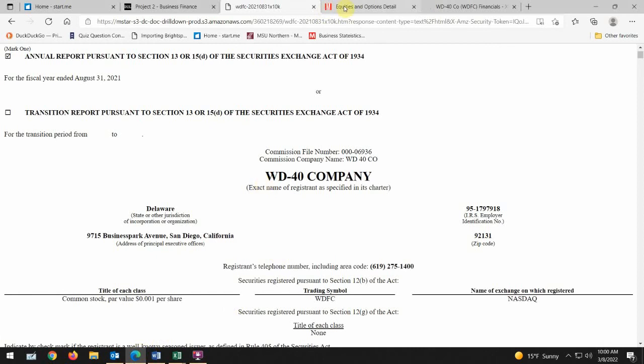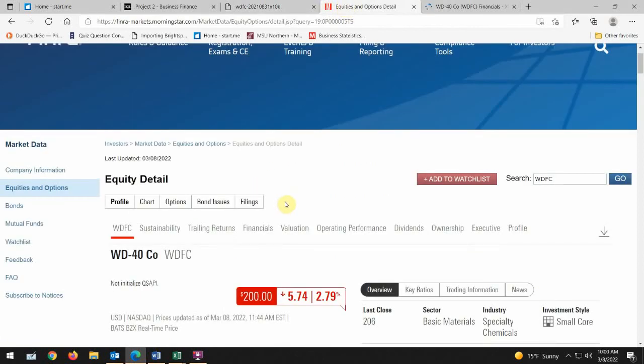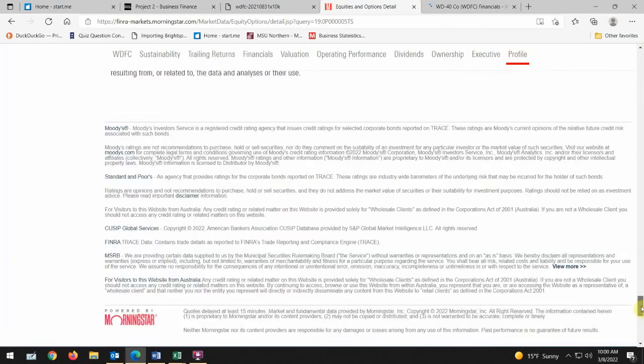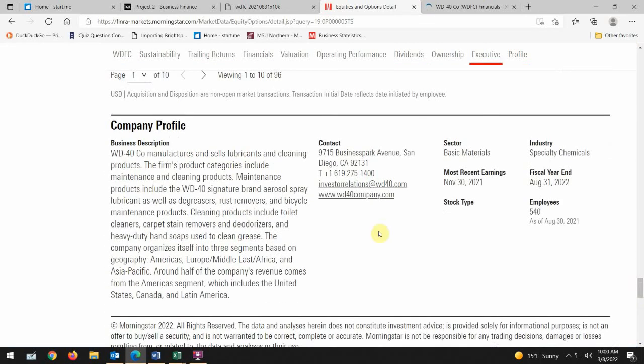One way might be this, and I think I had it here on the FINRA one. Let me just scroll down, not quite all the way, but pretty close. And it tells the company profile. Then if you come over here, contact, there's investor relations. That'd be if you want to send them an email, obviously. But here's the website for the company. If I click on that,